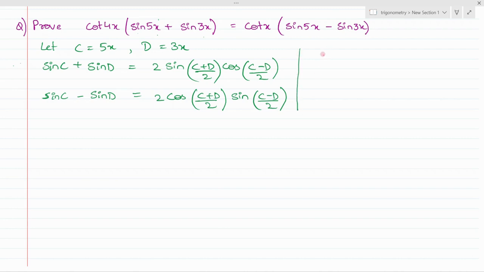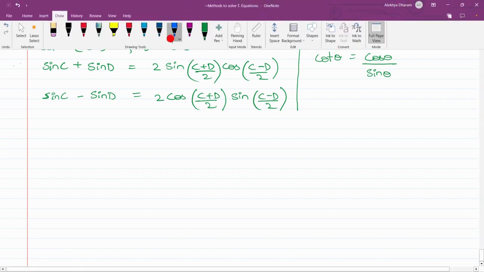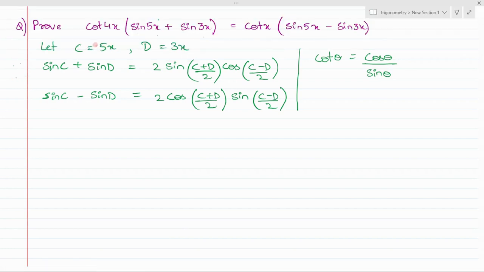So just use these two formulas over here. And one more conversion, that is cot. Cot theta is nothing but cos theta by sine theta. So use all this and you can easily prove that LHS is equal to RHS. But there is no need to use this formula because this is on the RHS side. So from LHS we need to derive RHS. So just take the LHS part. Cot 4x can be written as cos 4x upon sin 4x